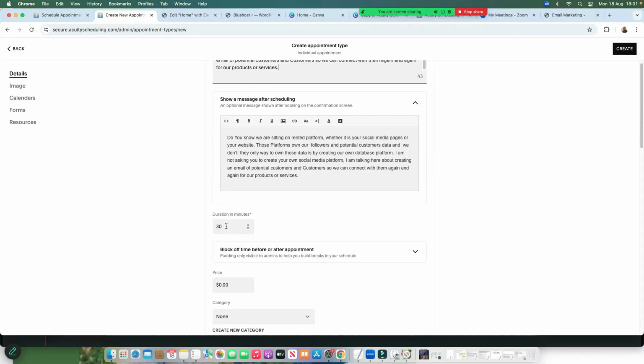And then the duration. I'll set the duration, let's say, to 1 hour or 60 minutes. You can just bear in mind that it is in minutes, so you can put 1 hour 20 minutes, and that's going to be in minutes. Block of time before and after appointment: you can do this one. Padding is only visible to admin to help you build. So if you click on that,